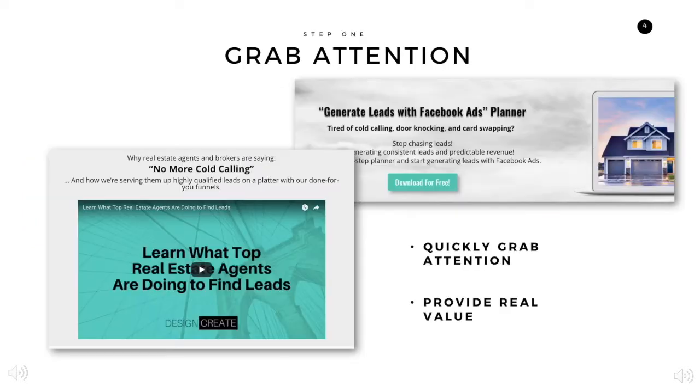So, grab attention. A lot of people call this the lead magnet, something that people want from you. And I'm going to put this out there. Home valuations or mortgage payment calculators or things like that are not good lead magnets, in my opinion, and really in my research and my expertise, because people can get that for free. They're everywhere without giving you my email. I could go anywhere and get that. So why would I give you my email to do that? People are selfish with their email. But if you're giving them something different, which is why I say real value, not perceived value, not what you think they want, but what they really want, you will get their attention